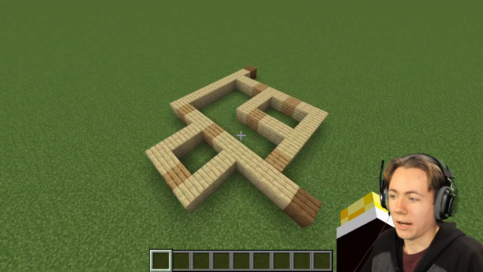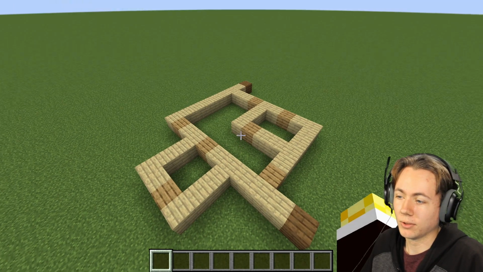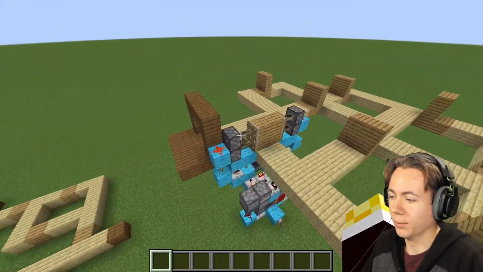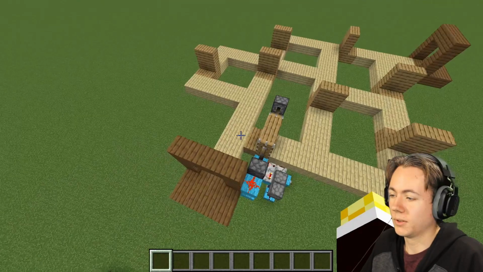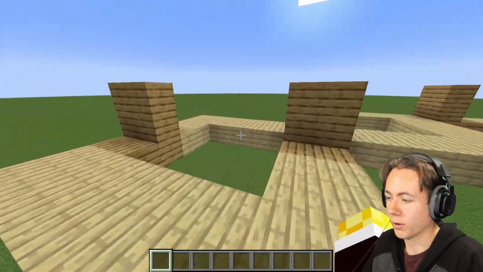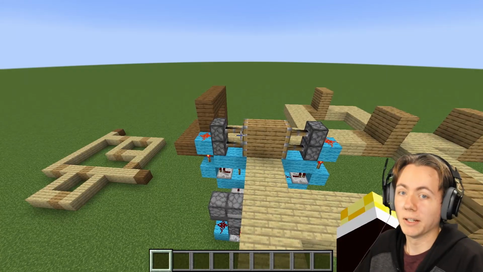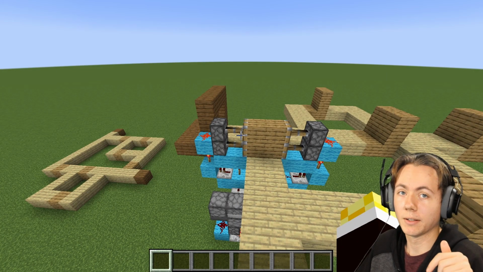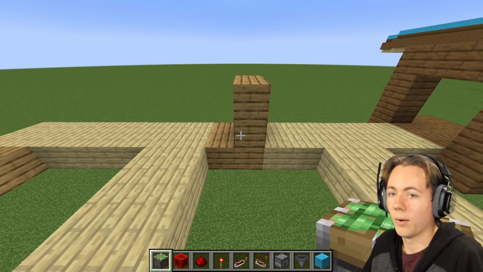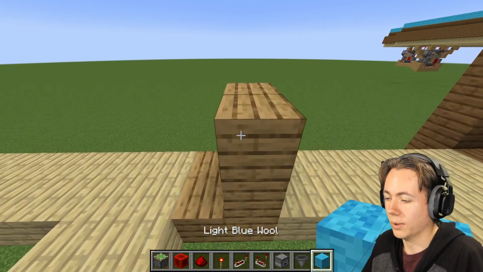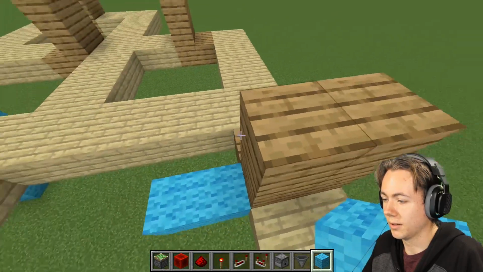Once you have your layout, you want to then build that layout to scale. So I have one right here with one of the doors already installed. So you would enter here, then you have some doors, then some hallways and that stuff, and then you have the exit right here. Now when you're building the doors, I'll have the material link and all that down in the description. Now to build the door, you want to start out with placing 2 blocks like this